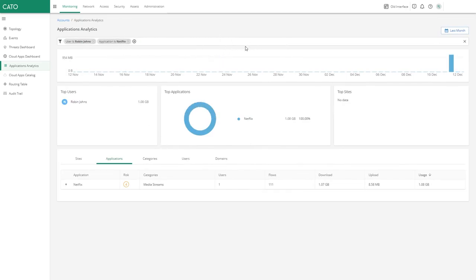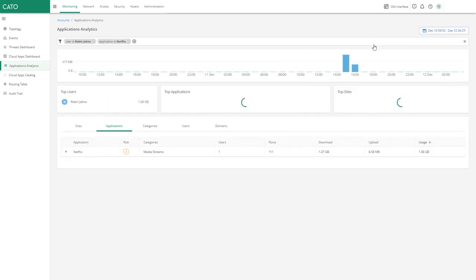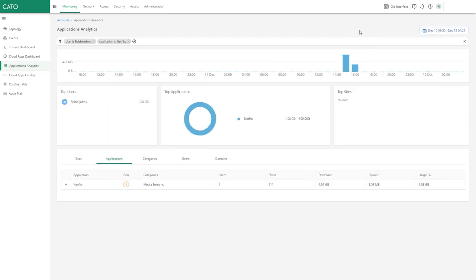And now I'm seeing when did this user use Netflix? When did Robin access Netflix? By clicking and dragging here, I can zoom in on a time frame and you can start to see that he was watching Netflix during business hours, which may or may not be allowed. But we're providing the insight. If you wanted to see everybody on your network, every site, every user, every host using Netflix during this period of time,